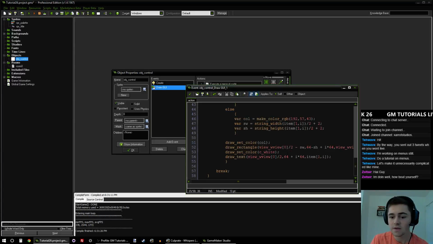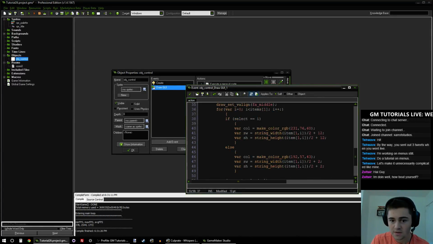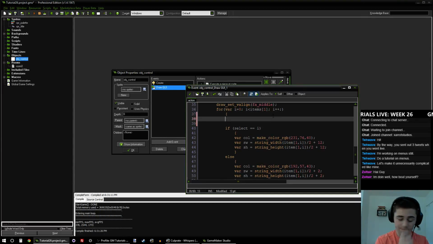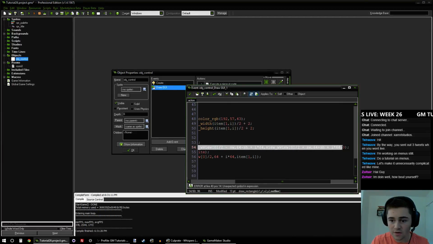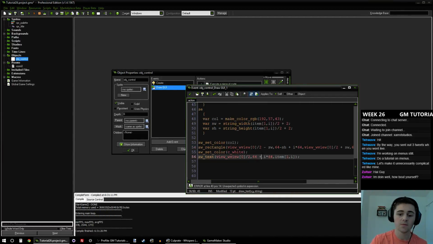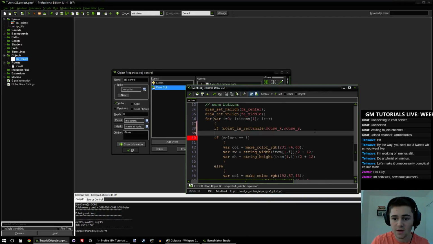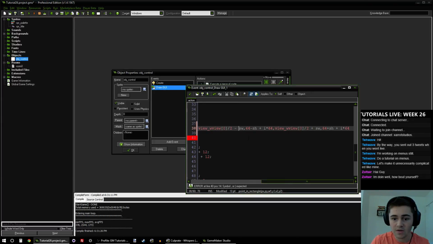Alright, and for these guys, if point in rectangle, mouse X, mouse Y, and because we have this drawing rectangle, we can actually just copy these variables right into it. We can use it as a bounding box to check where the mouse is. But because we don't have string width or string height yet, we're just going to do,